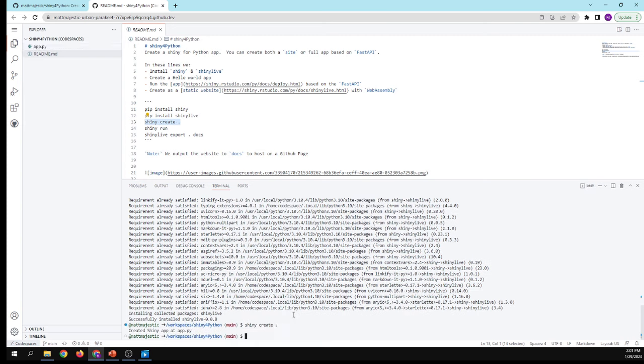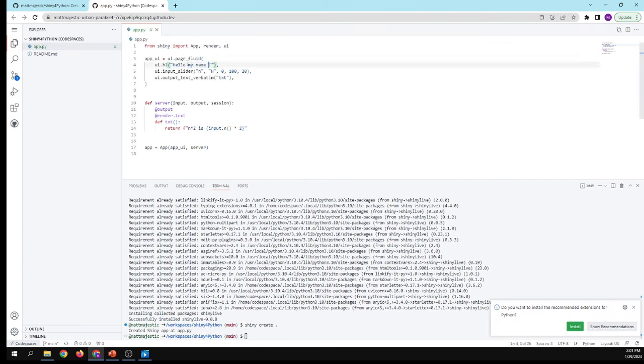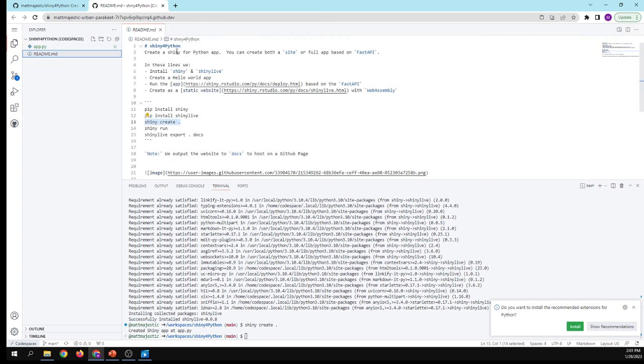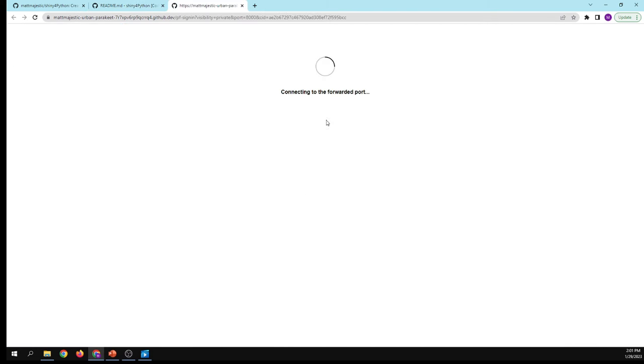And you'll notice that we get an app.py in this file. Come over here and say, hello, my name is Matt. Did not spell well, but that is okay. And then what we want to do is test it out by running it. So shiny run. We can navigate over here in the browser and we'll see it should say, hello, my